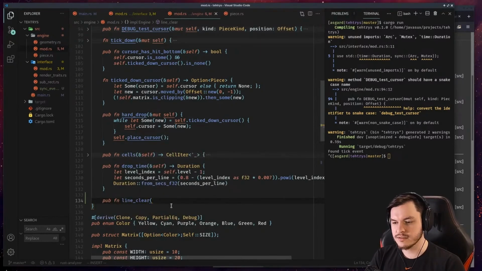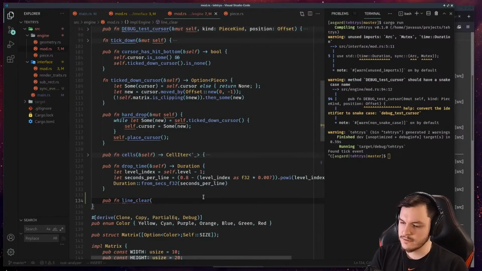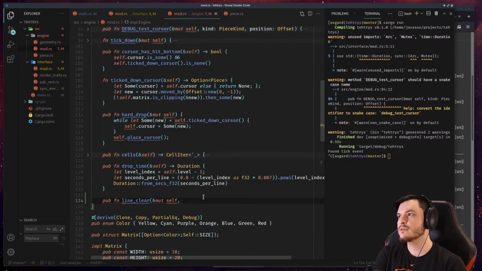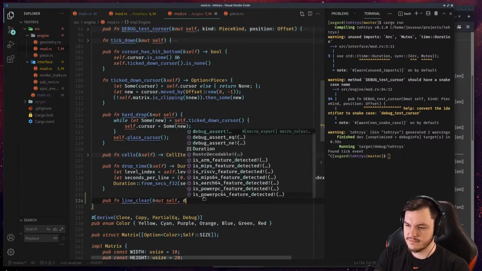Hubfin line clear, which takes self mutably because we will need to edit the contents of the matrix here. But it also takes... trying to think of how this interacts. What this function does here is